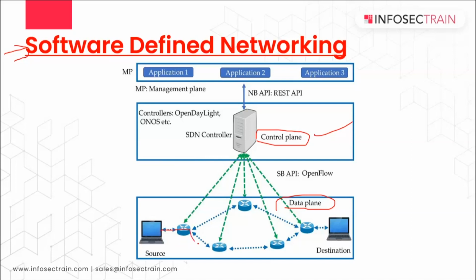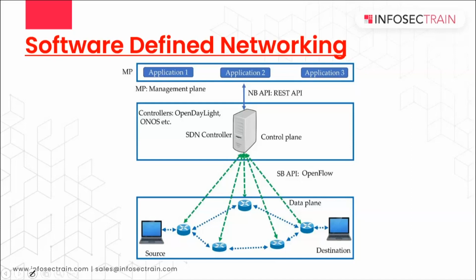Like how this packet will be transferred to this device from this source to this destination, it was tightly coupled and being checked, right? And changes to the network configuration required changes to the control plane as well, right? That was in our traditional networking, but in SDN, the control plane is abstracted from the data plane,